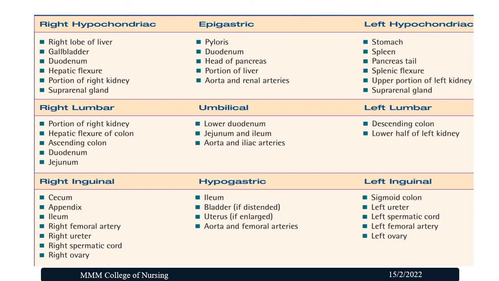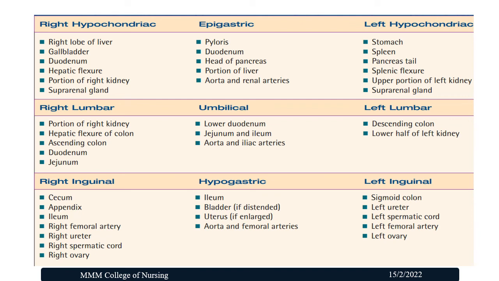Now let's look at the organs in each of the regions. In the right hypochondriac, the organs are right lobe of liver, gallbladder, duodenum, hepatic flexure, portion of the right kidney, and the suprarenal gland. In right lumbar, portion of right kidney, hepatic flexure of colon, ascending colon, duodenum, and jejunum. In right inguinal, cecum, appendix, ileum, right femoral artery, right ureter, right spermatic cord in male, and right ovary in